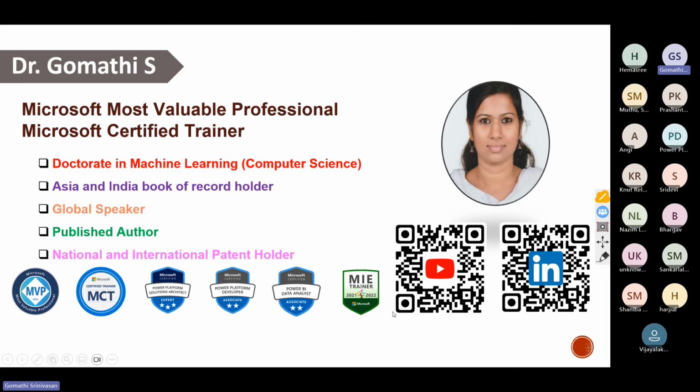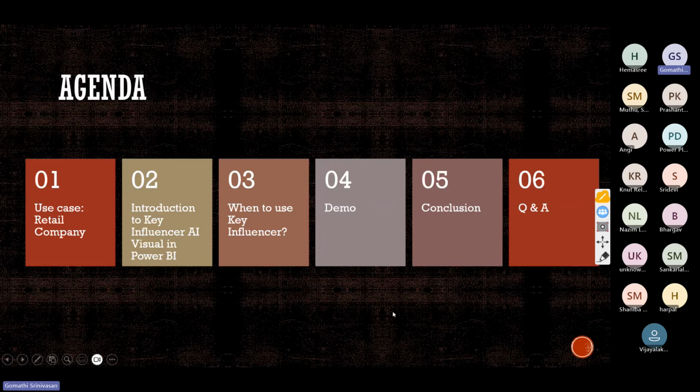So let us go to the topic today. Today I'll be giving you a use case, completely based on a retail company. What is the issue in that company, and how the key influencer AI visual in Power BI will help us convert the challenge into a better decision, and an excellent way to visualize what went wrong. I'll show you the demo of how to use that key influencer, and if time permits I'll also show you how to use